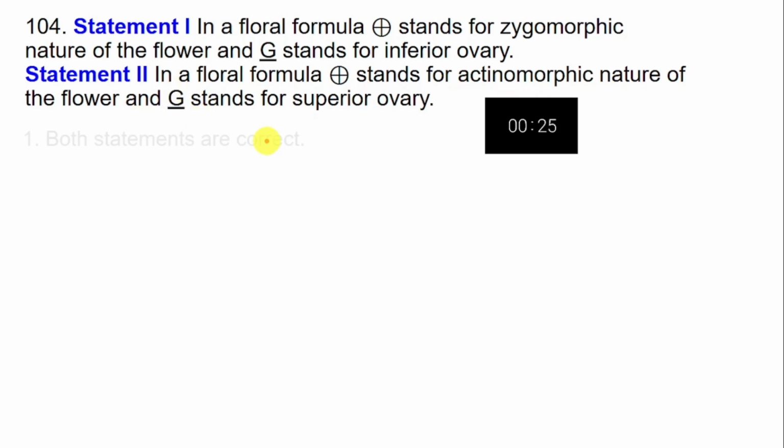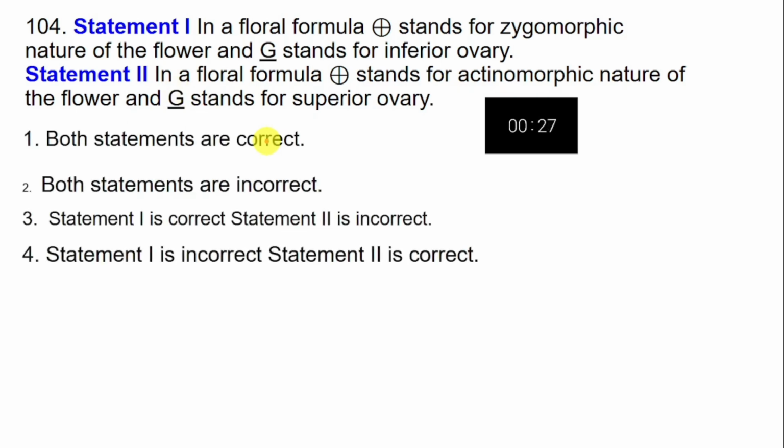1 is incorrect. 2 is correct. 1 is incorrect. Option 4 is the answer. So this was an excellent question. I was happy that they haven't asked a single question on the families and any floral diagram. This is the basic information which every student of biology should know, how to read a floral diagram. So minimal questions on botany are asked, and I'm happy about it.